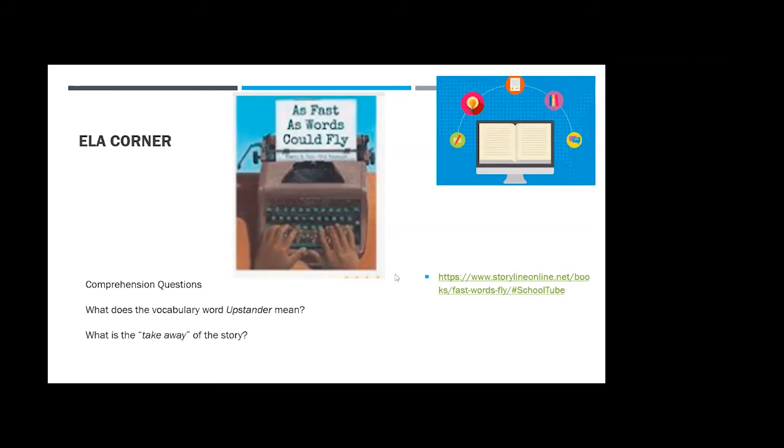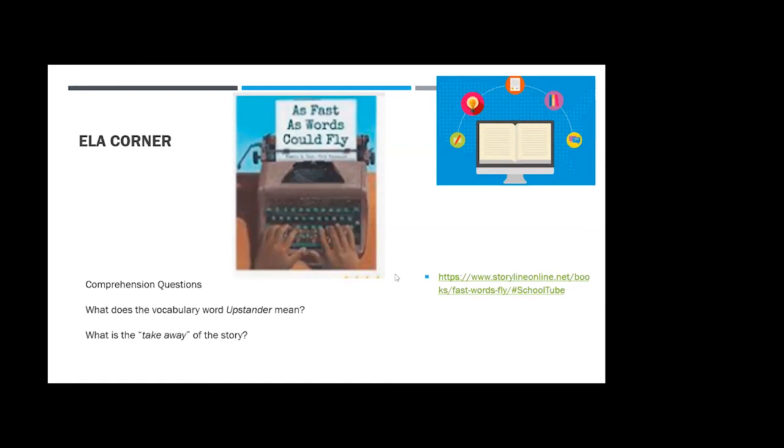The beautiful thing about Storyline and other platforms like this is they're doing that reading work that can be difficult, right? If I was sitting here reading you this story, you might not be able to see the pages. They don't have a copy of it, right? And scouring the internet to find a PDF version of it is problematic, whereas whoever the actor or actress is who's reading the story does show all those pictures in real time. And by putting it on your Google Classroom assignment of what we covered today in class, they can rewatch it, they can go over it again.